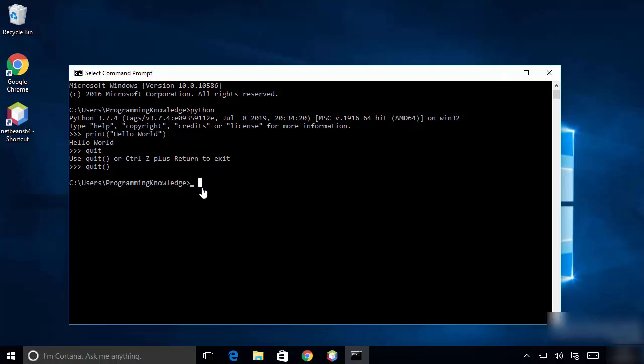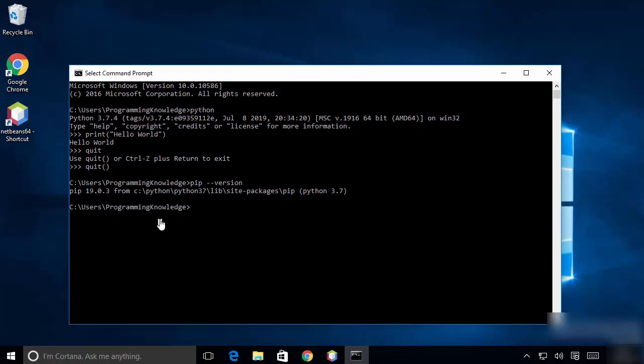Python also comes with the pip, which is a Python package manager. So if you want to just check the version of pip, or you want to check whether pip is working, you can just write pip and then --version here and then press enter. It's going to tell you which version of pip is installed. So this is automatically installed with the Python installation, so you don't need to install pip in any extra way.